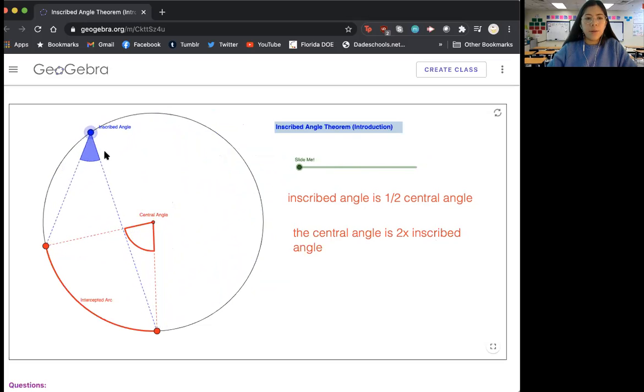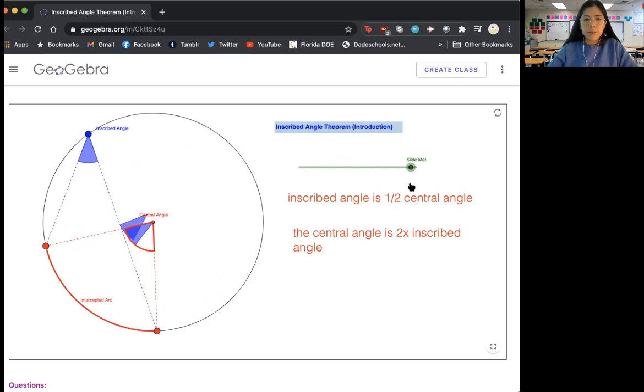No matter where the inscribed angle is, as long as those 2 dots stay where they are. I'm moving the angle around, but those red dots stay in their place. Those red dots are the ones that connect to the central angle. So no matter where the inscribed angle is on the circle,